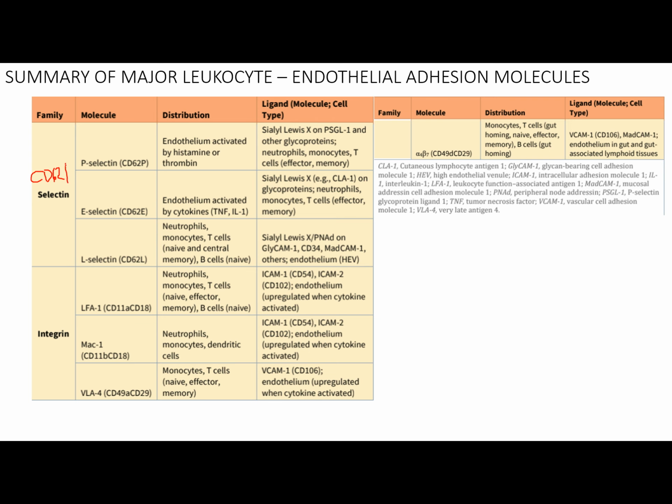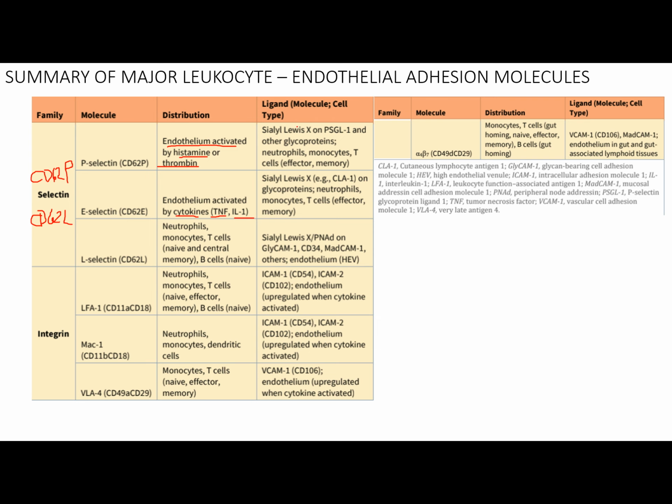So lalagyan nyo lang ng, if it's a P-selectin, lagyan nyo ng P sa dulo. If it's an L molecule, lagyan nyo ng L sa dulo. So P-selectin or CD62P is found in the endothelium activated by histamine or thrombin. Si E-selectin nyo, endothelium activated by cytokine, specifically yung TNF saka interleukin 1. Si L-selectin nyo naman class found on cells, specifically neutrophil, monocyte, T cell, naive, and central memory, and even naive